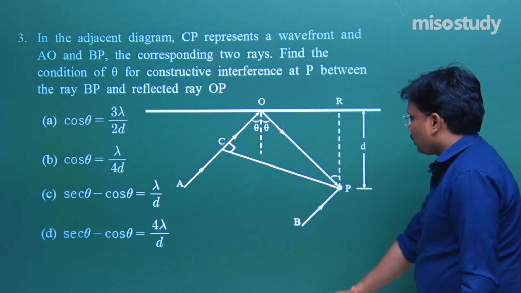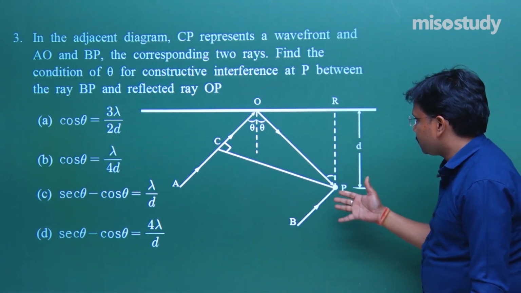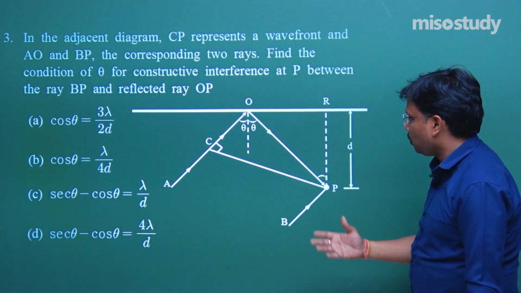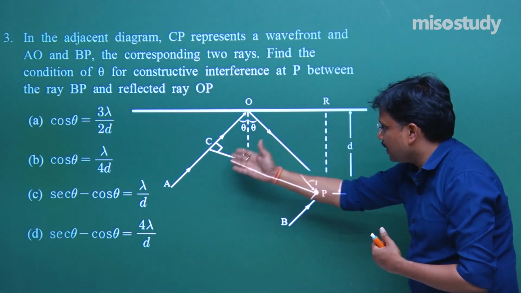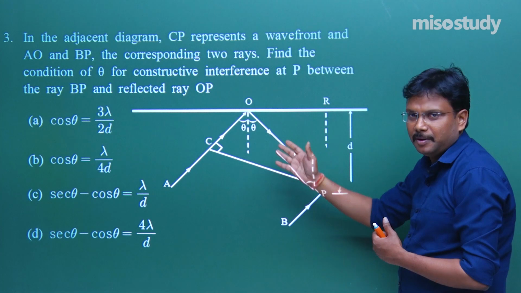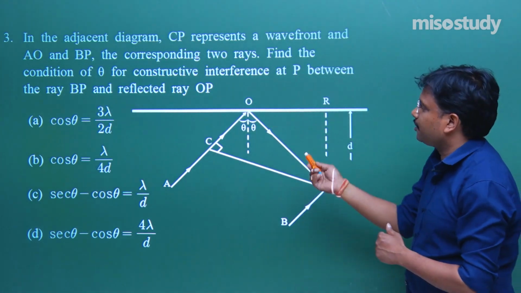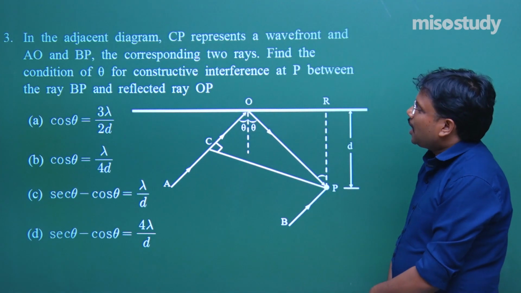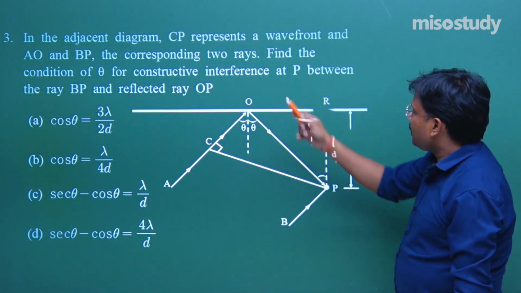I will not come in between you and your question. Initially I thought I would prepare this diagram myself, but here it is quite clear, all the lines are perfectly explained, so I think it is better to use it in this format. What exactly is the question? In the adjacent diagram, CP